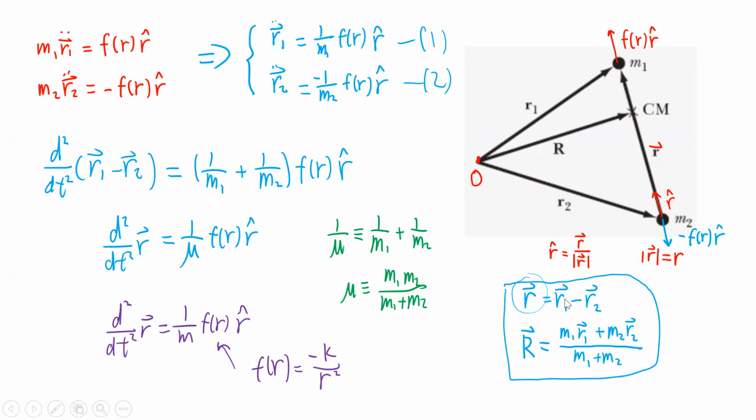Because now you see these two vectors I have, R1 and R2 are the two we want. R now we know. Then if we also know this big R, so you can imagine if we know this small r and if we also know this big R, you'll be able to find R1 and R2 individually. Because if I just take these two equations, I'll be able to,